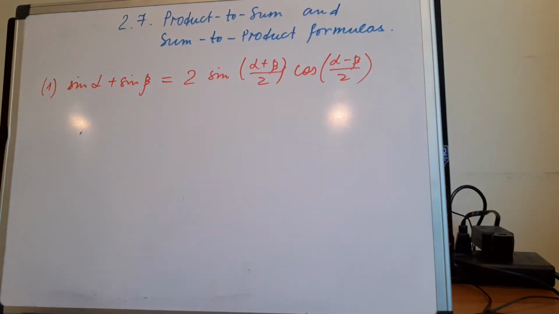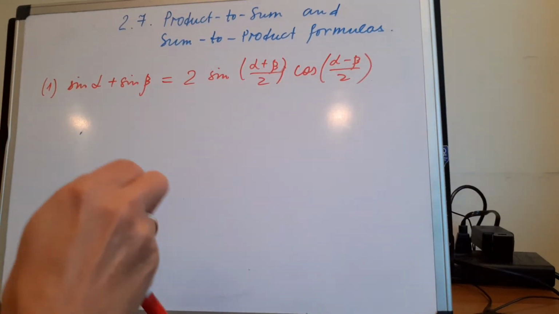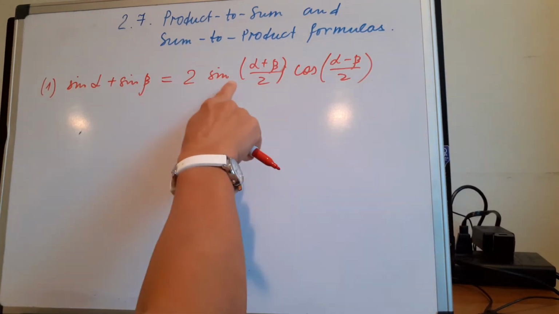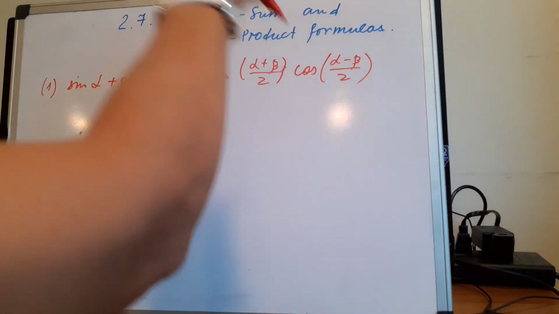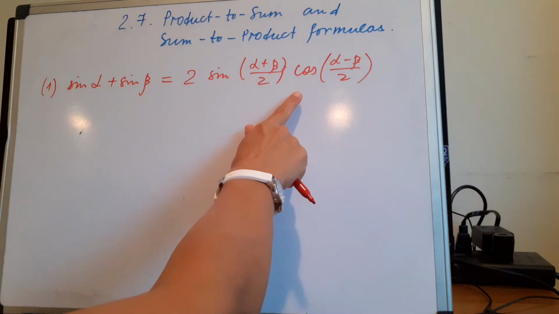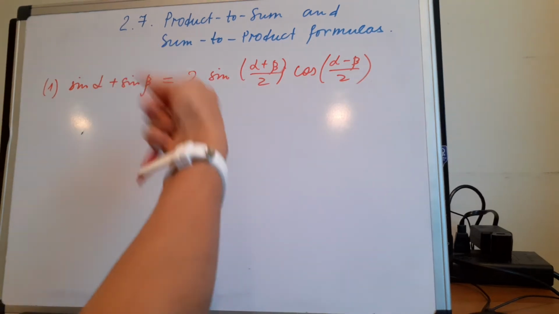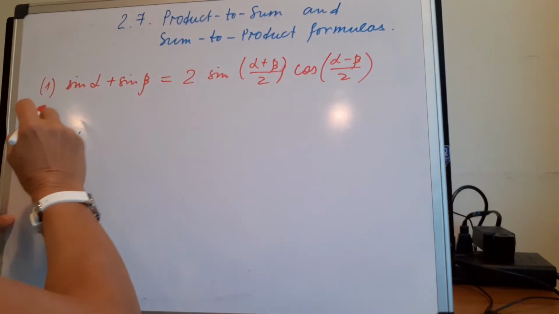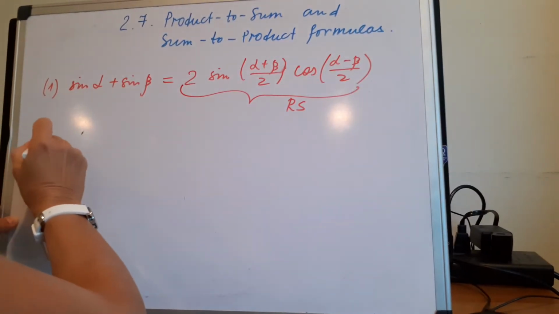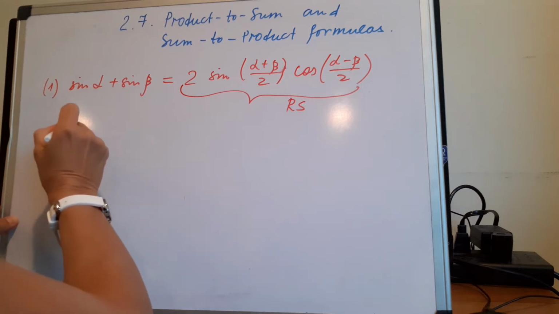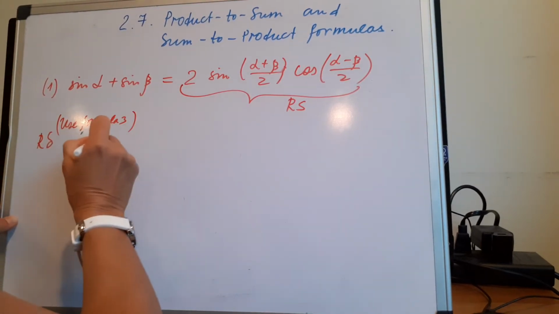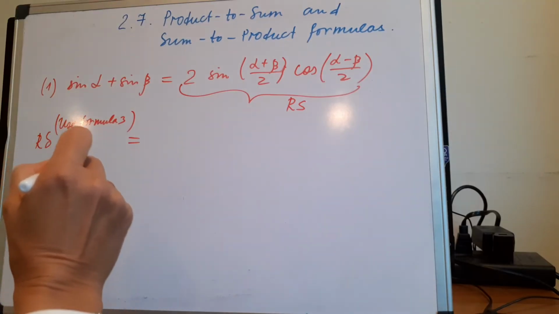So I'm going to do formula number 1, okay? So what am I going to do? Well, I'm going to consider this side and the previous formulas, the product to sum formulas. Remember, this side was part of formula number 3, right? So I'm just going to apply formula number 3. I'm going to call it my right side, and I'm going to write down that right side, use formula 3, is going to be equal to